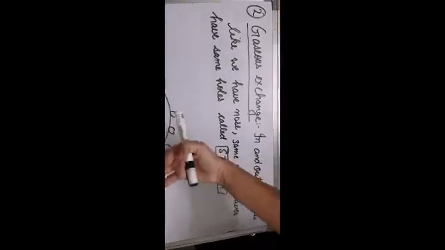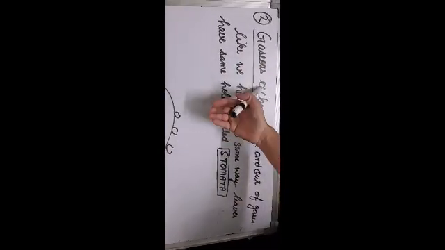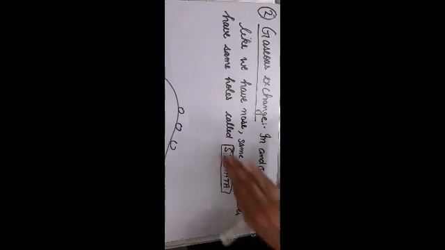Now the second function of the leaf is gaseous exchange. It is the second work which is done by the leaves. Gaseous exchange means in and out of gases, means one gas moves in, other gas moves out. Like for example, we have nose. When we breathe, we take in oxygen and we give out carbon dioxide, means one gas is going in and the other gas is going out. So this is called gaseous exchange.